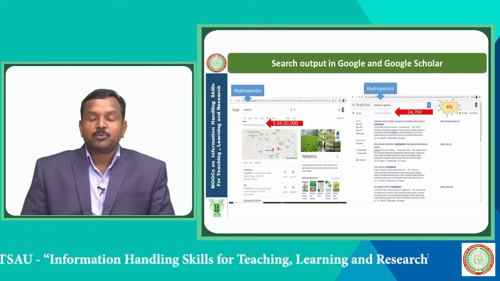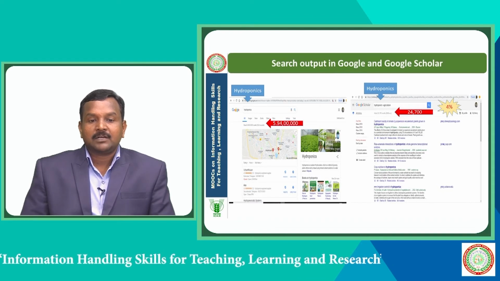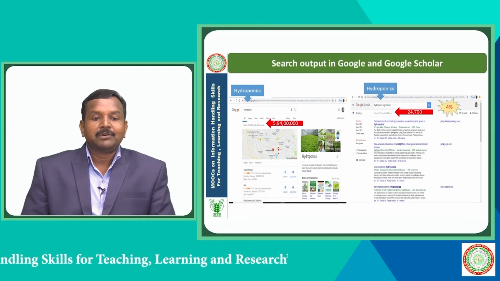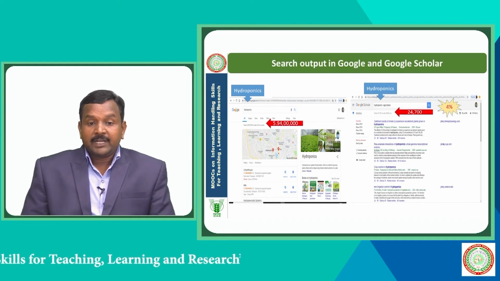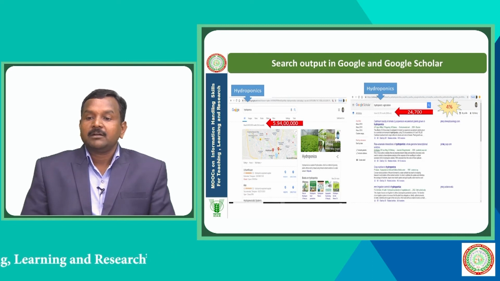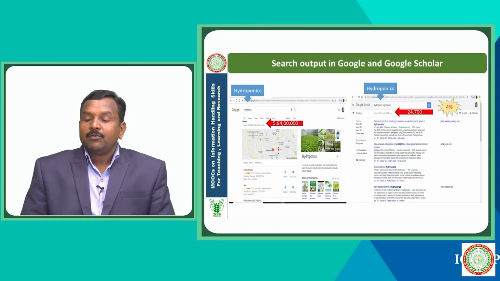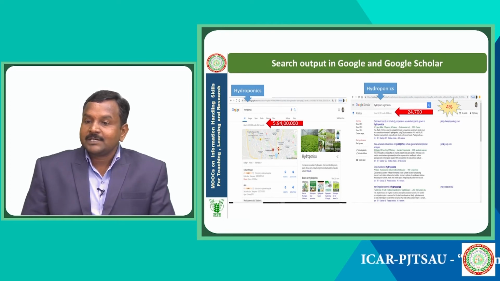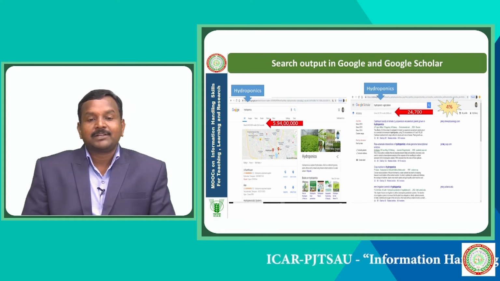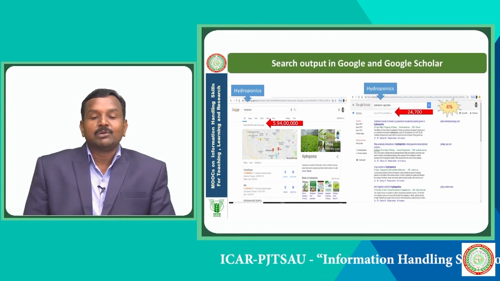Here is the search output in Google and Google Scholar. When we made a search in Google with the word hydroponics, we could retrieve about 6 crore documents, whereas with the same word in Google Scholar we get about 24,700 results, which is 0.04% of the results we received through a simple Google search.